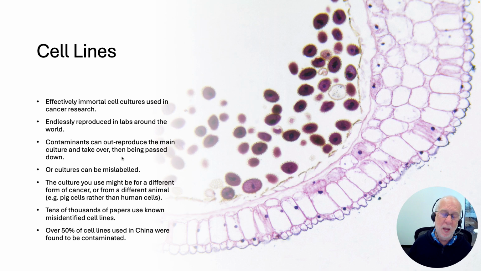Tens of thousands of papers with hundreds of thousands of references have been traced back to contaminated or wrongly labelled cell lines, and therefore are complete crap. And people keep on citing them because they often don't go back and check whether it was correct or not. In some studies, over 50% of cell lines used in China were found to have been contaminated in some way, shape or form. So it's basically because people are not being careful enough and are not going through the very difficult task of testing. They don't test every time they use one of these cell lines whether it's the correct cell line. Basically, a whole field of research may be complete garbage.